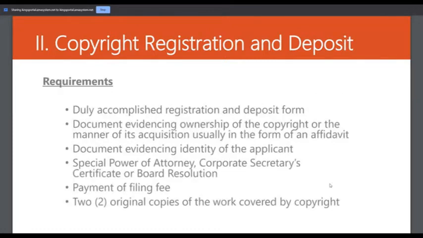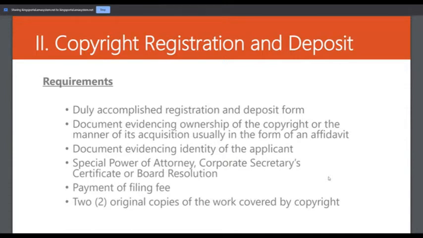All right, so these are the requirements. These are really basic requirements that you should comply with. First is a duly accomplished registration and deposit form. Document evidencing ownership of the copyright or the manner of its acquisition, usually in the form of an affidavit.